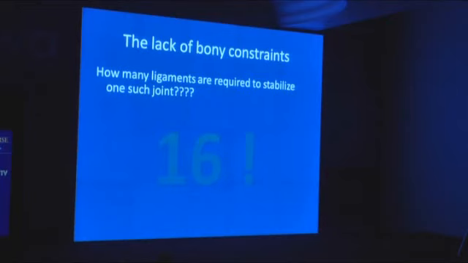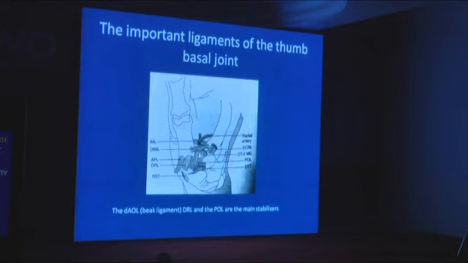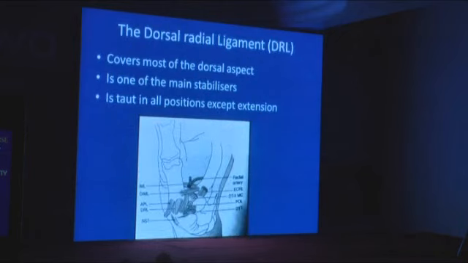So there are many ligaments required. There are 16 different names of ligaments over there, and if you start looking at them, again the same problem as the wrist, that it's very difficult to identify these in their individual forms, and therefore you just consider the entire thing as one strong ligamentous control on the joint itself. The anterior oblique ligament, or the deep anterior oblique ligament, is one of those which normally gets involved, causing a lot of subluxation and problems.